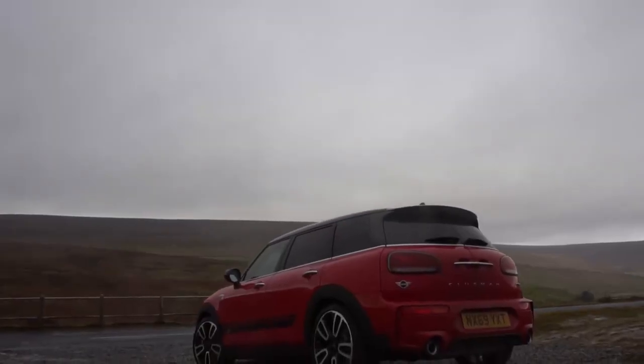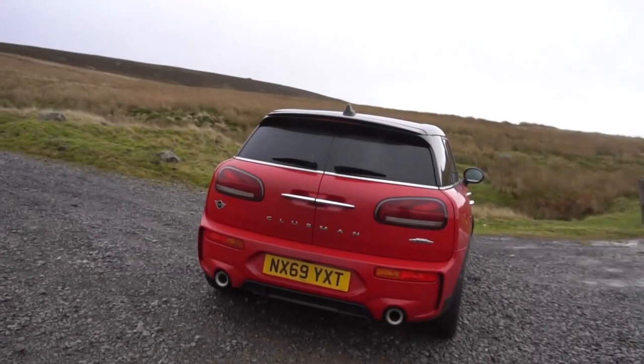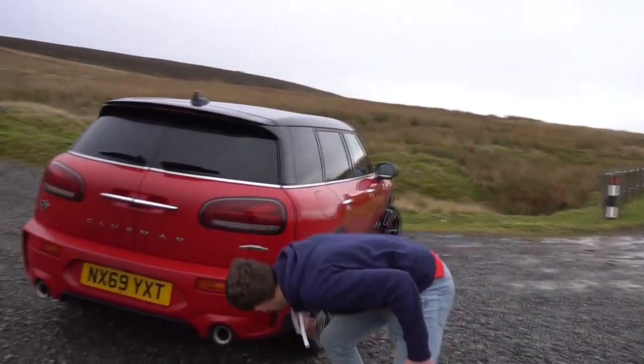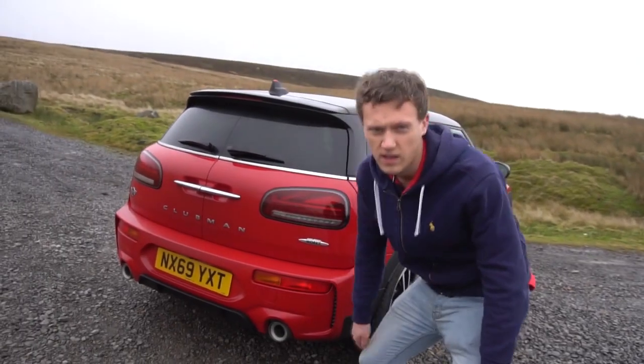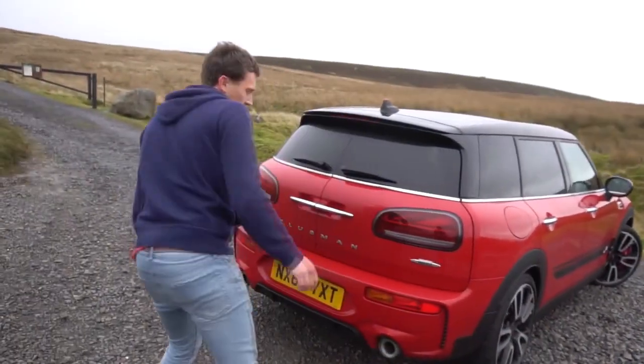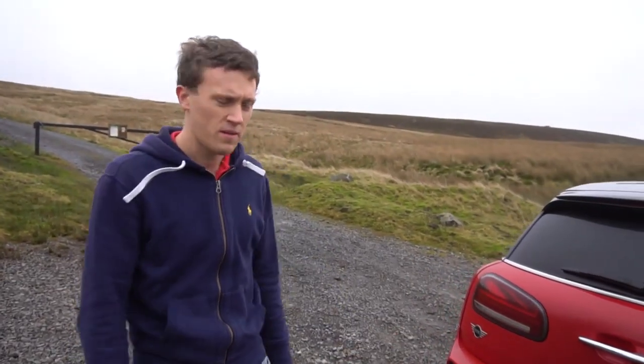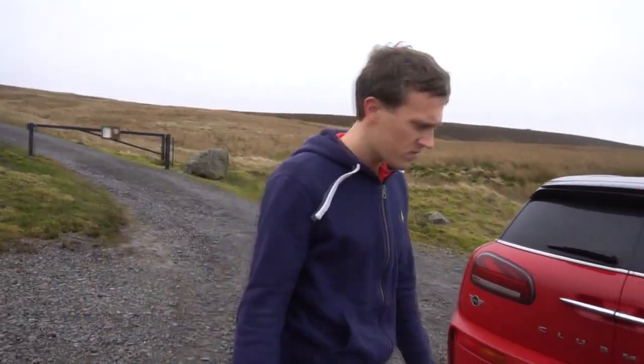I think it looks great. You've got those twin pipes. It's a really quite aggressive rear end. You can see some vents down here. They are fake, of course they are, because they're fake on everything now. It would be cool if they were real vents, but I suppose they probably serve pretty much no purpose. But yeah, they look really good. So coming around,